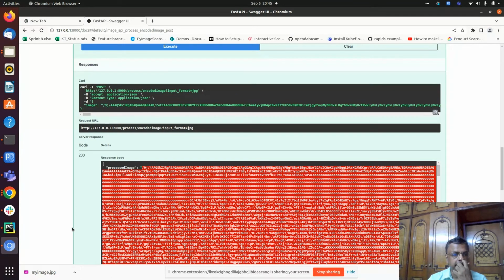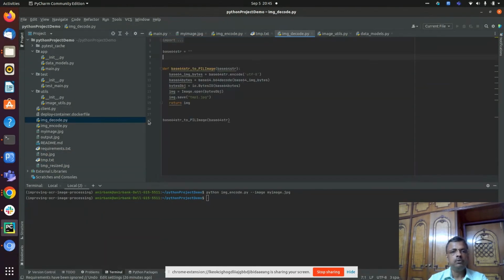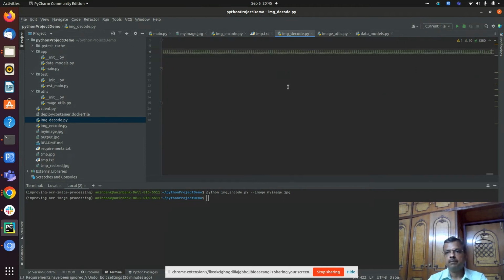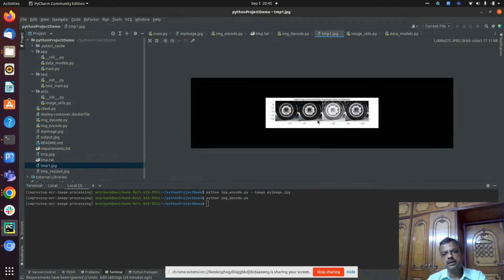So I take this string and I put it in my image_decode.py. I just put this inside this base64 string. So I have this image_decode.py, it will write it into a temp1.jpg. So I just say Python image_decode.py. Everything goes well, I should see a temp1.jpg. So this is my enhanced image, which is